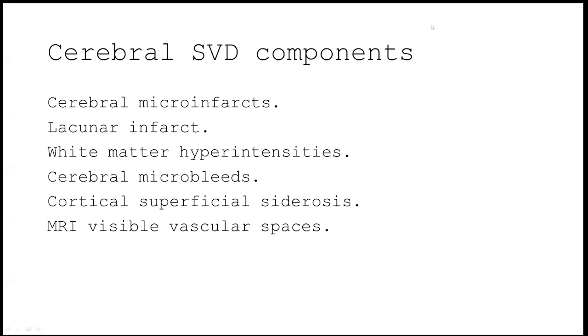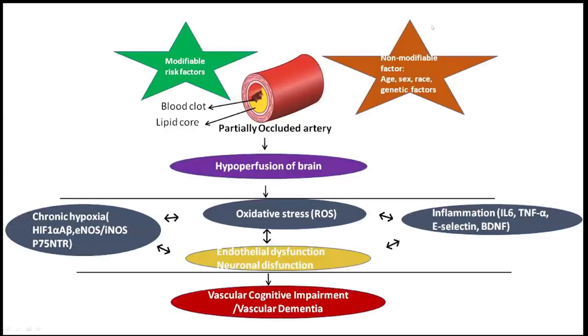So we can see that there are visible vascular spaces in the MRI. Again, this is just to share with you the underlying primarily vascular pathology origin, being that bleeding or ischemia or blood clots, there is blood supply problems, hyperperfusion of specific brain areas. How is that followed through? Inflammatory processes,